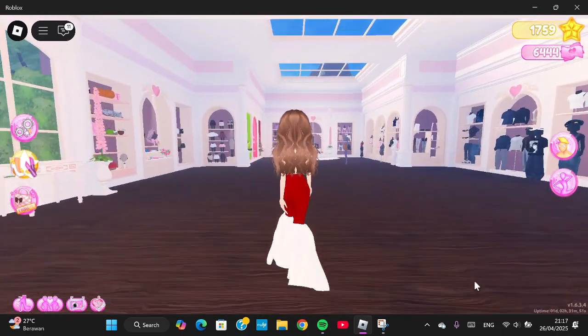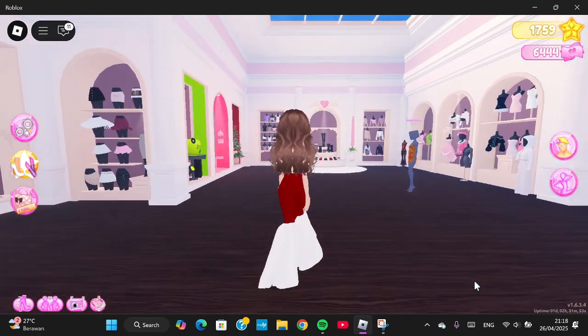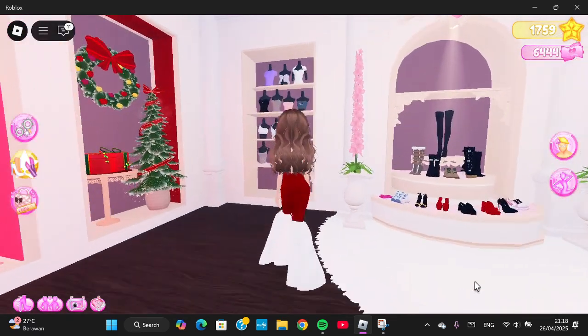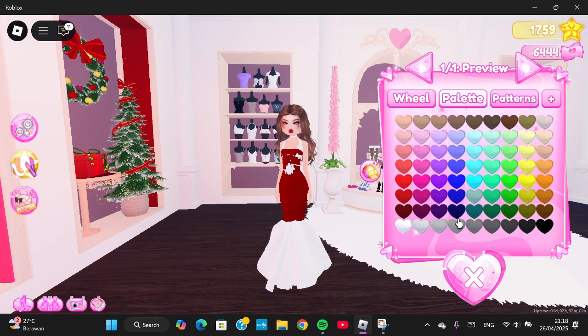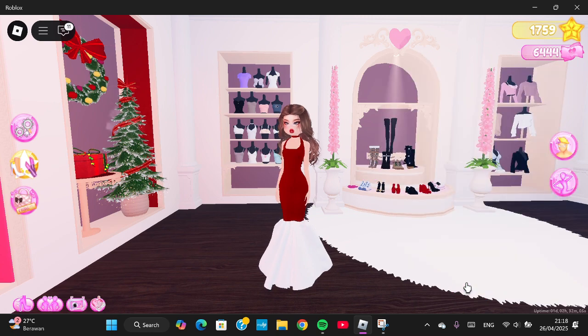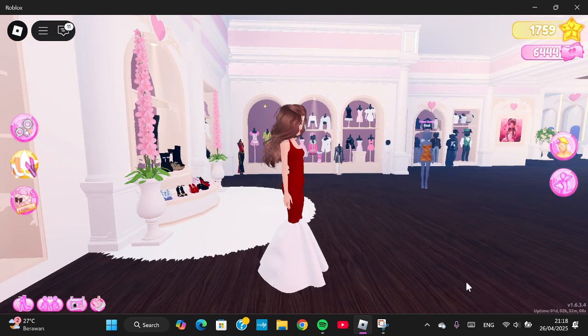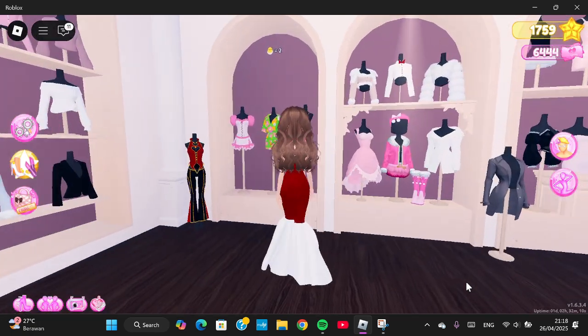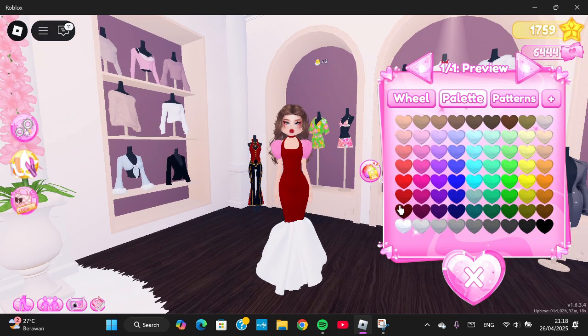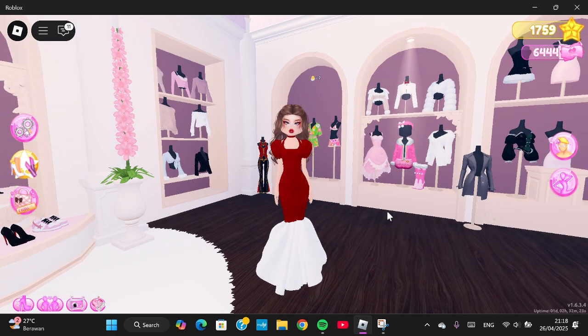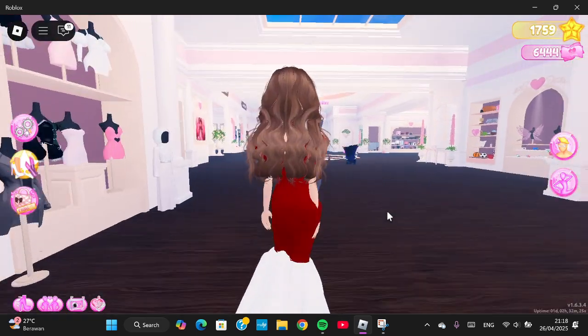Okay, wait guys, I'm going to wear this item. Okay, this one, and then you can color it the same. Alright, and then I'm going to use this sleeves. Okay, sleeves from this corset, and then I'm going to color it red as well. Okay, and then I'm going to add